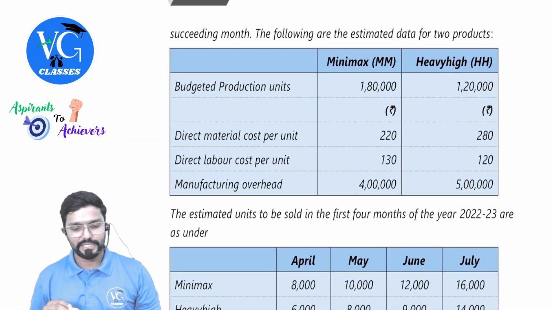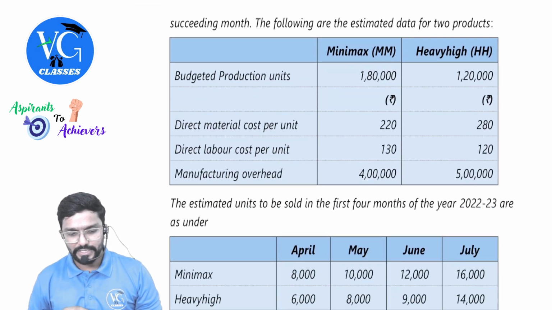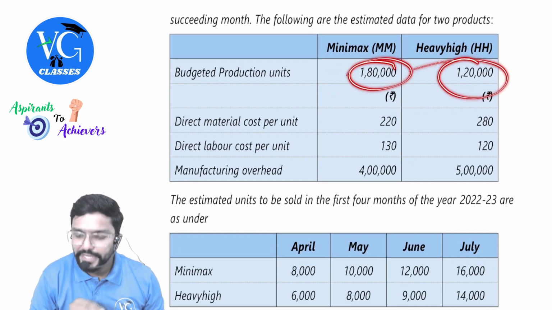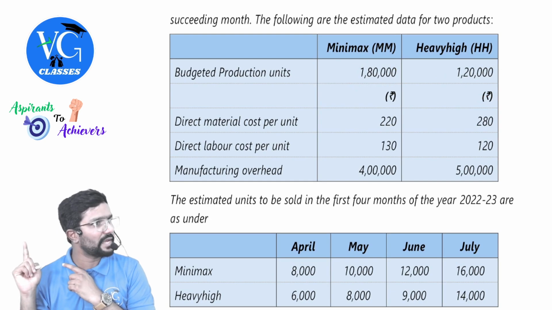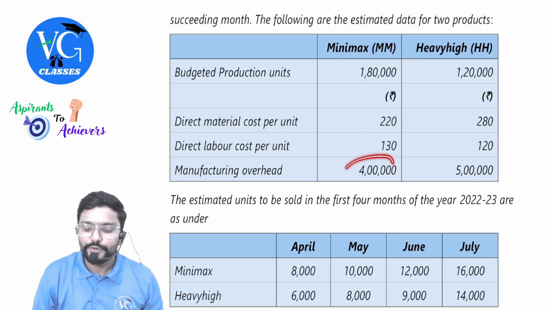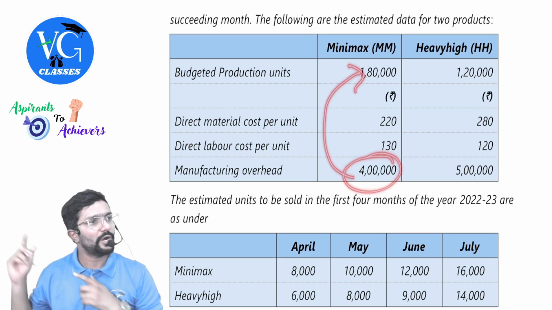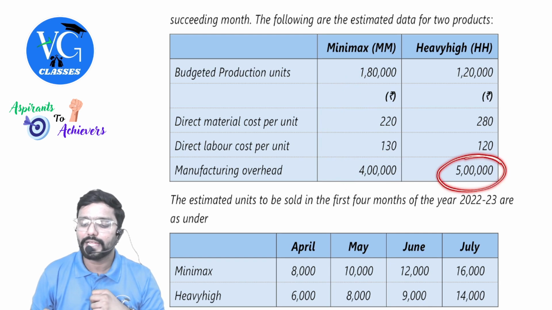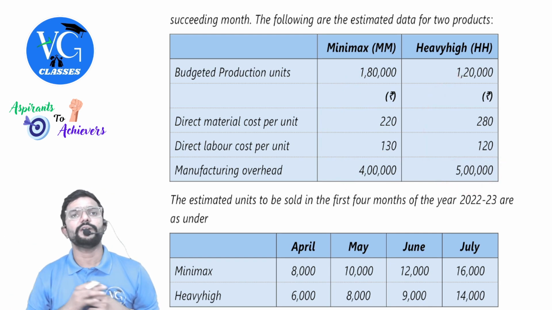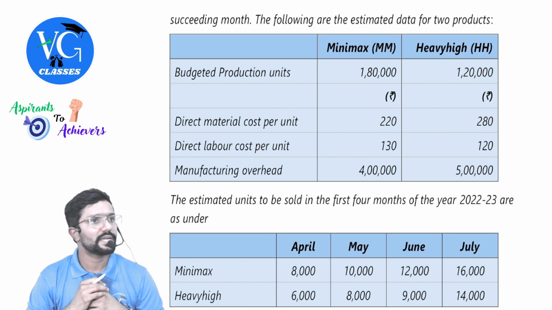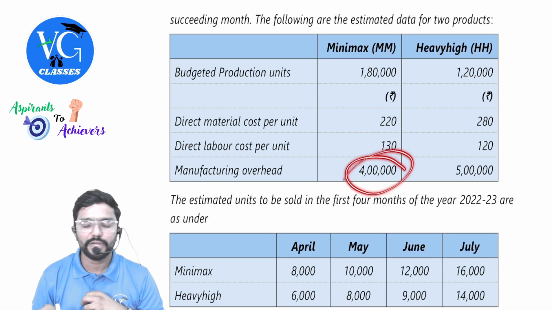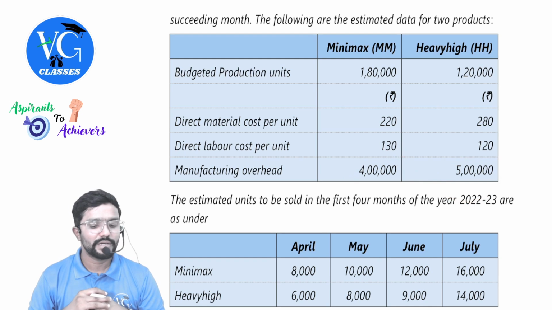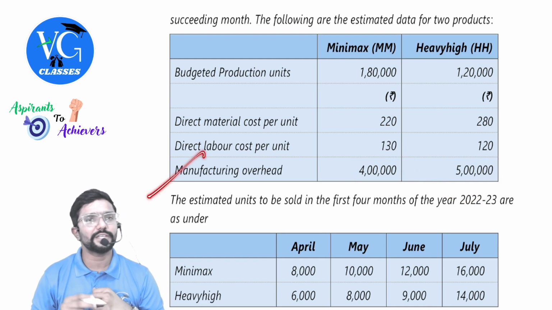Manufacturing overhead, you can see, guys. Clear? That is for how many units? 180 and 120. But what we have produced is the same, no? So divide. 4 lakh is for 180. How much is for our production units? Same way, 5 lakh is for 120. How much for our units? Clear? Please be careful, guys. Don't straight away take 4 lakh and 5 lakh. Clear? And they have given manufacturing overhead.